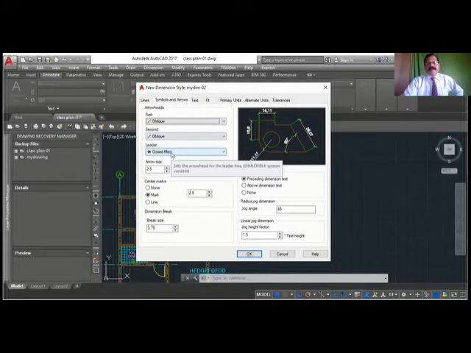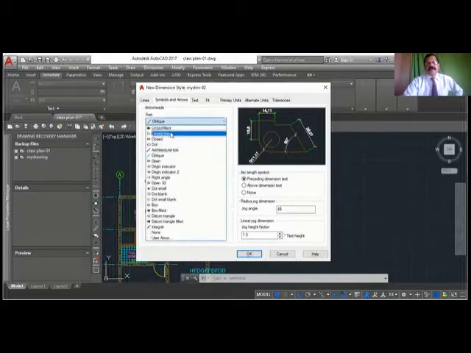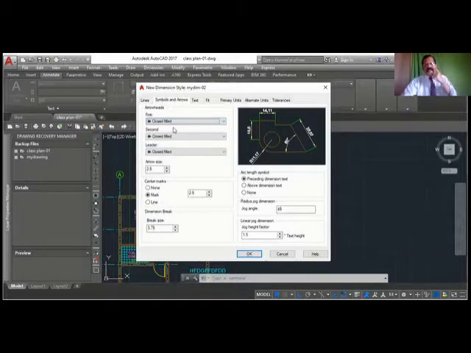The leader you just leave as it is. It is always better to keep closed filled. This arrowhead you can change anytime. I'm keeping it as closed filled. And don't make any size changes in other things. Just keep them as they are. These values you keep as they are. So you'll be changing only the arrowheads from symbols and arrows. Don't make any other changes.